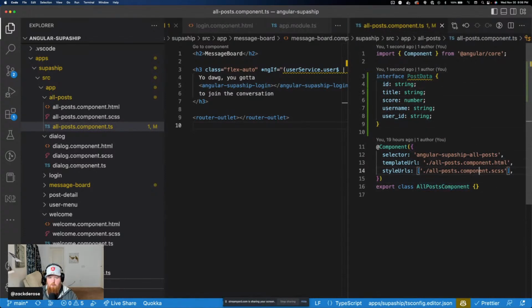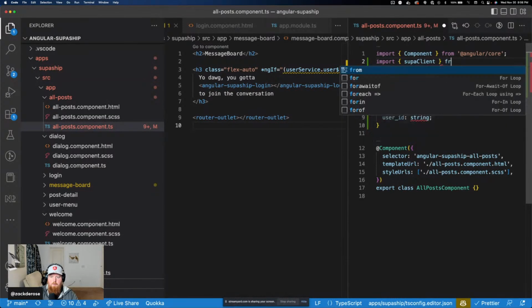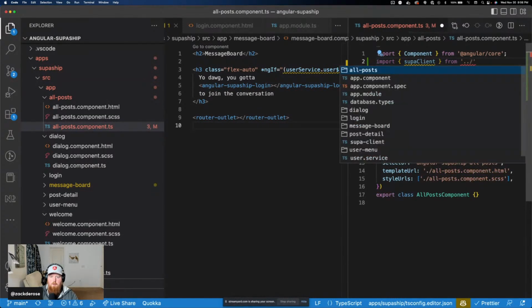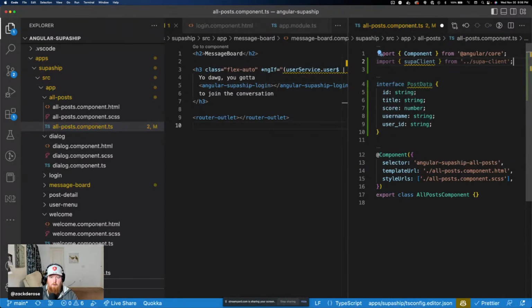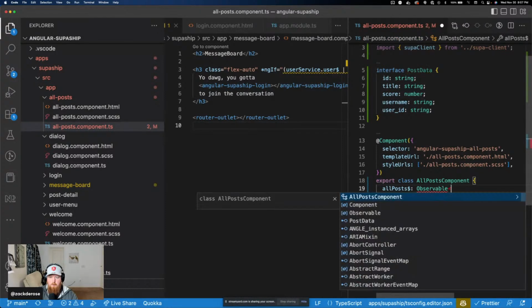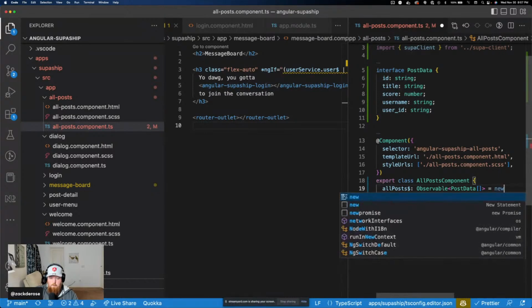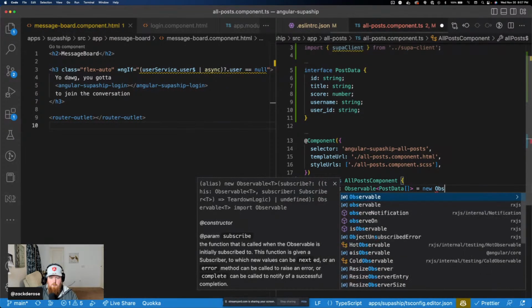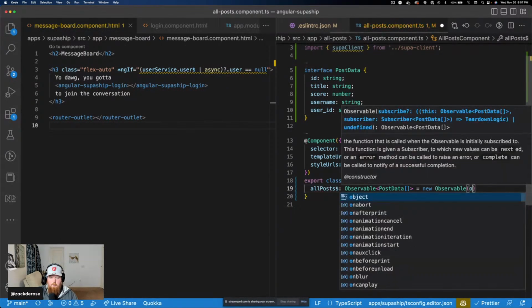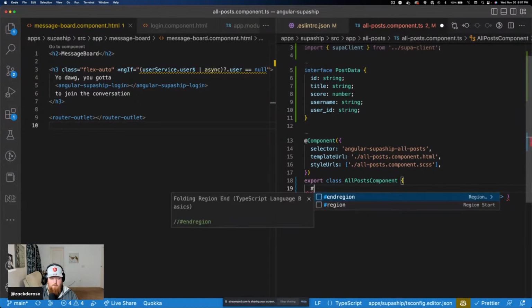Okay, so we're going to also import the Supa client from the Supa client. Boom. And now we'll have all posts. This will be an observable of a post data array. So we'll do a new observable, observer, and up here, this will be our private